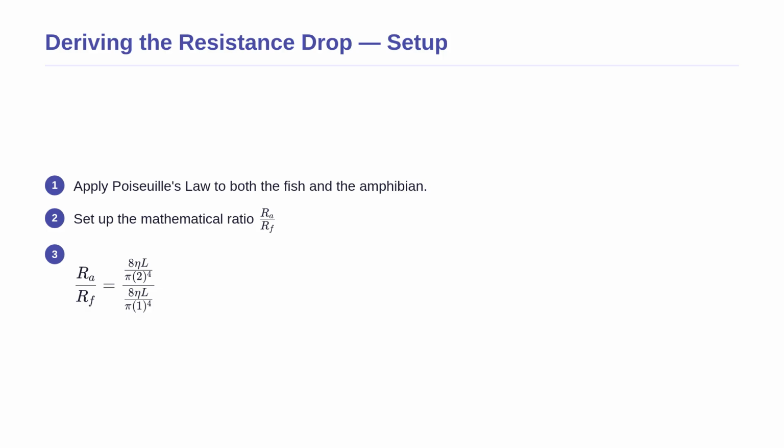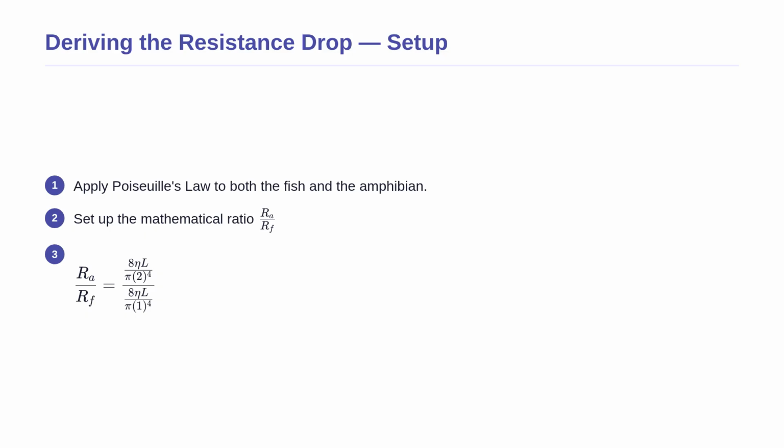So we know the final answer is 1/16. Let us work through the mathematical derivation of this ratio to understand where it comes from. We set up a mathematical fraction by dividing the amphibian's resistance by the fish's resistance. We substitute the radius of 2 for the amphibian in the numerator and the radius of 1 for the fish